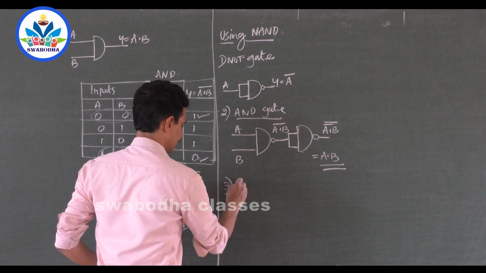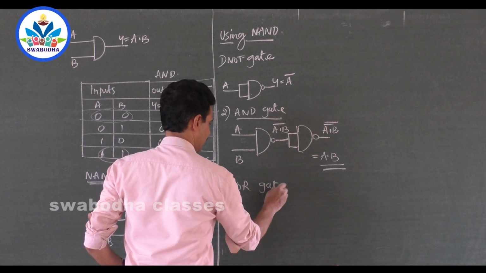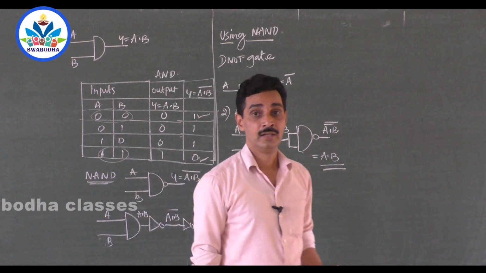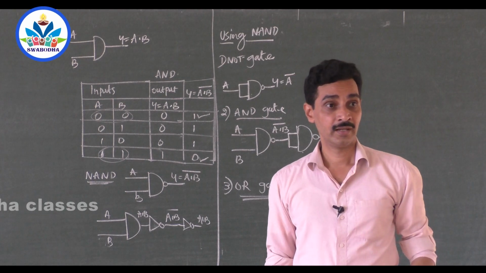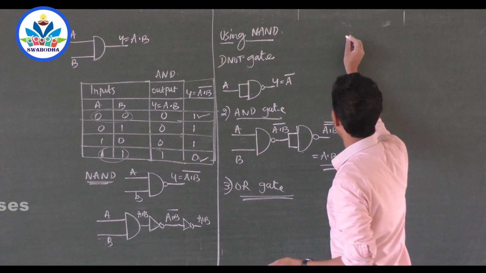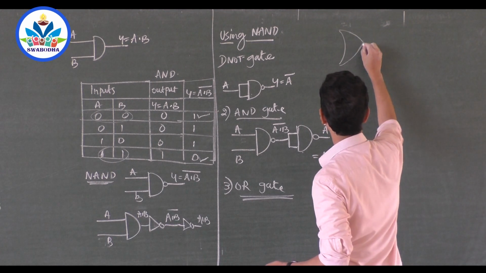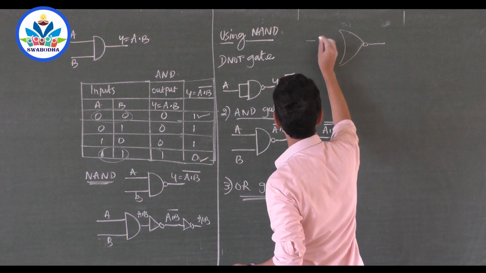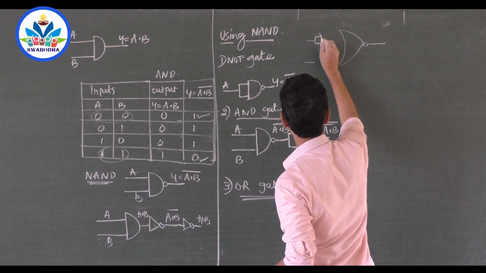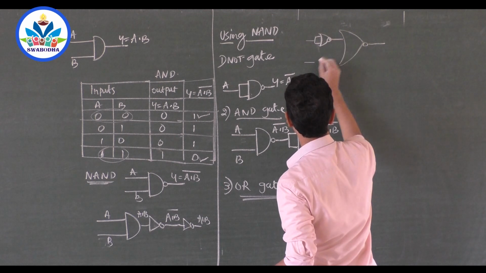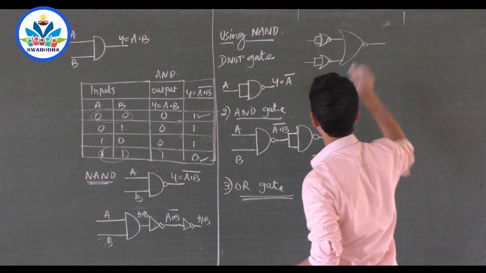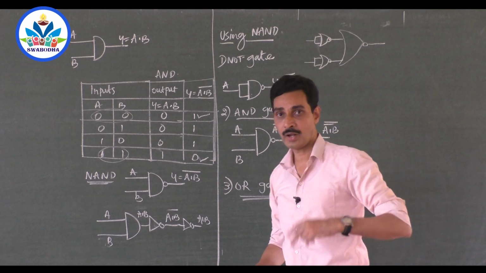Third one, OR gate. Now comes the interesting story as we had earlier. So what did we do for constructing OR gate? OR gate using NOR gate. Do you remember? NOR gate was taken, and we connected 2 NOT gates here. Okay, 2 NOT gates like this. Ear ring. Remember ear ring? 1 NOT gate, another NOT gate. Like this. So that gave you output OR gate.